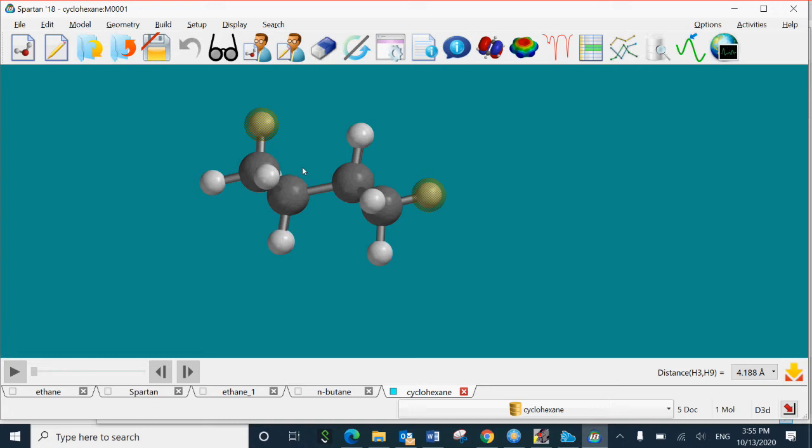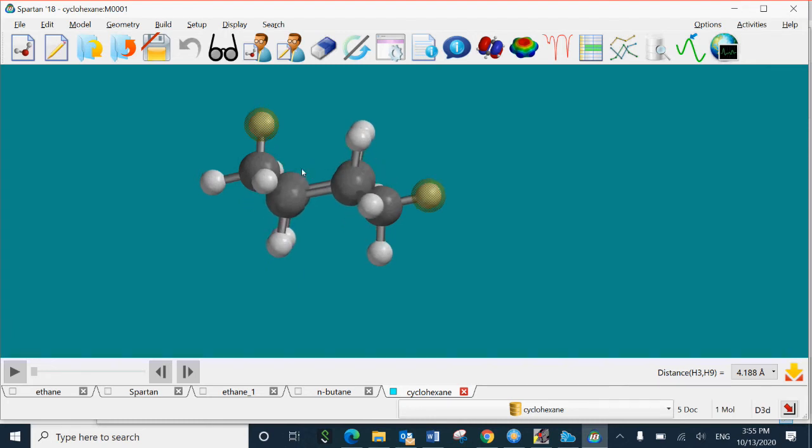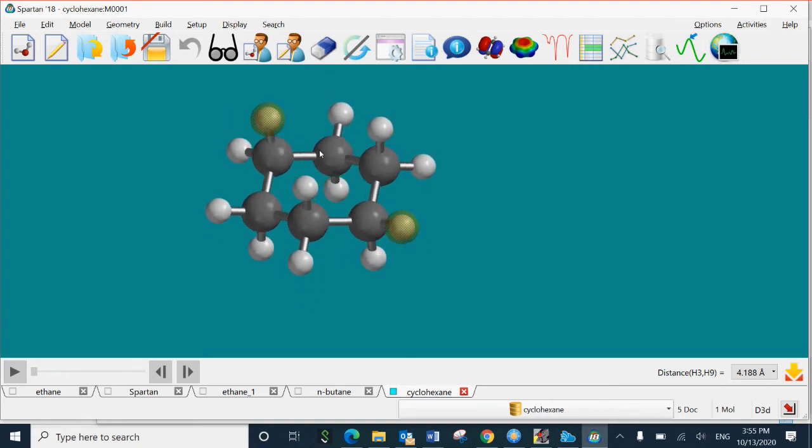Now, next thing, I need to find the number of eclipsing hydrogen atoms, or the number of eclipsing interactions in cyclohexane in chair conformation. So how do you find the eclipsing interactions?